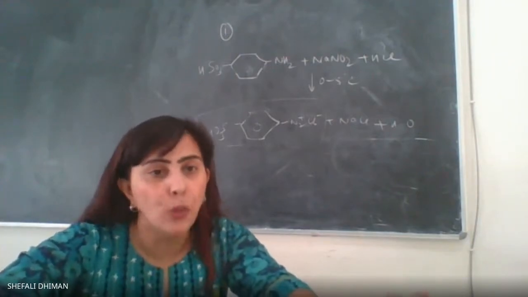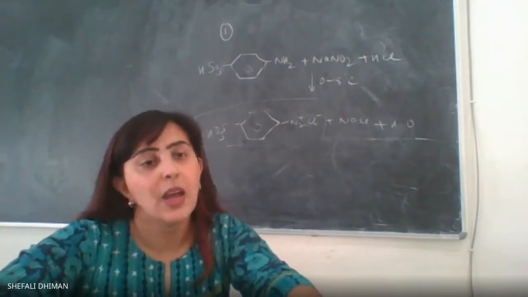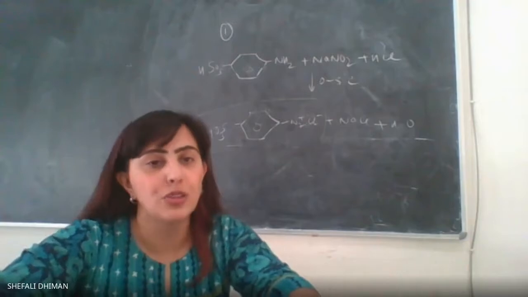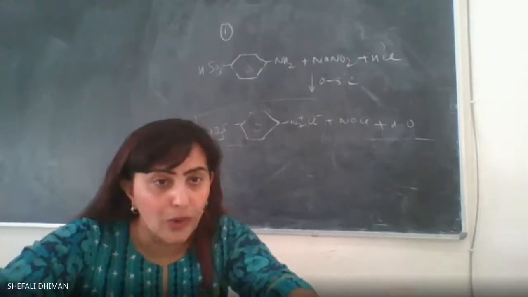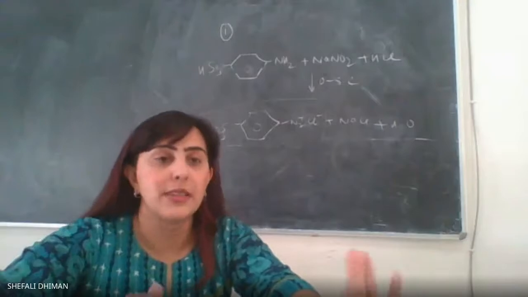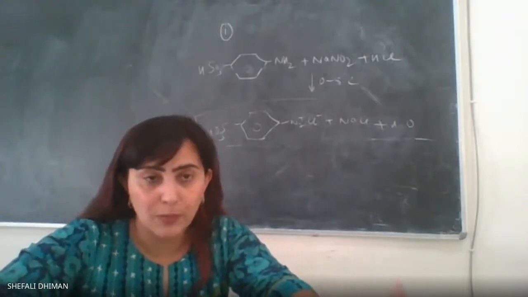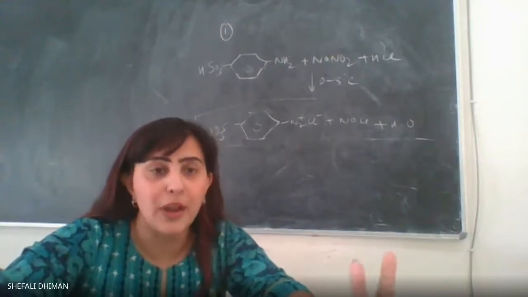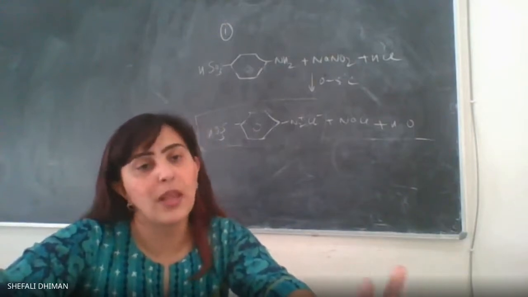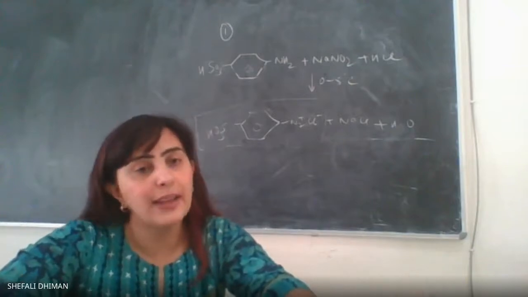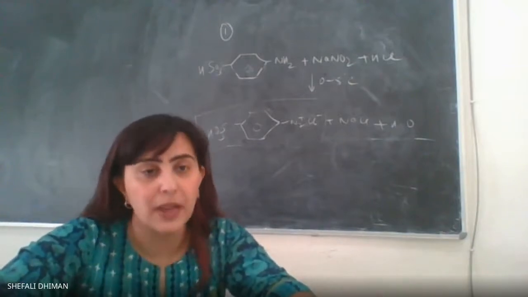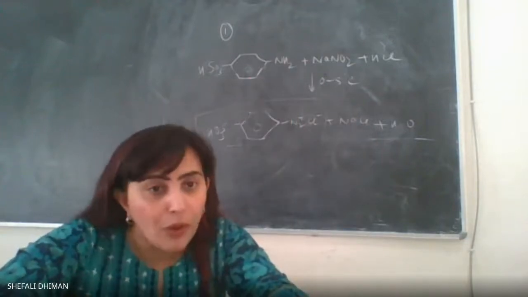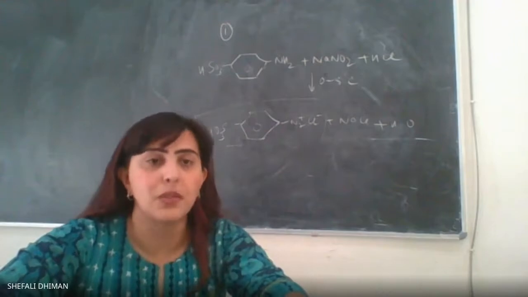10 grams of sodium chloride to it. You'll weigh sodium chloride and add it, and then you will cool the solution. You would find that methyl orange begins to precipitate out. So all this sodium chloride and the NaOH has been added to actually precipitate the methyl orange from the aqueous solution. Then you would find that orange color precipitate would start to settle at the bottom. That means my methyl orange has started to precipitate out.